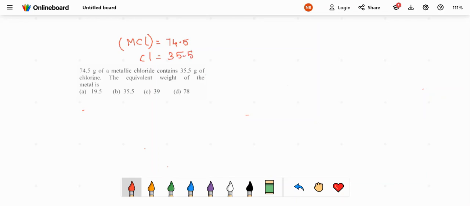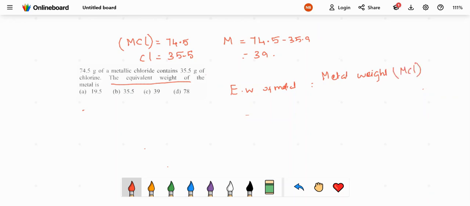So if you are having that one, the metal weight alone will be taken like this: 74.5 minus 35.5. So 39 will be the metal weight alone. Okay, what is the formula for the determination of equivalent weight of the metal? Equivalent weight of metal will be equal to, that is very, very simple formula. Equivalent weight of metal will be equal to metal weight alone in metal chloride, and then chlorine weight alone in metal chloride,